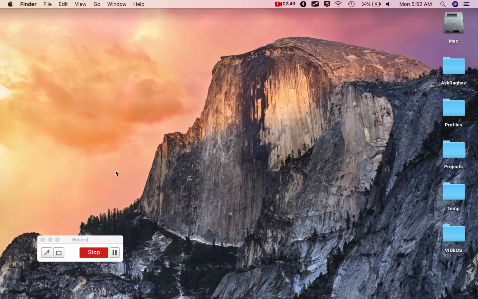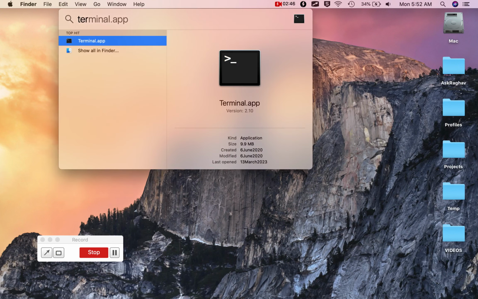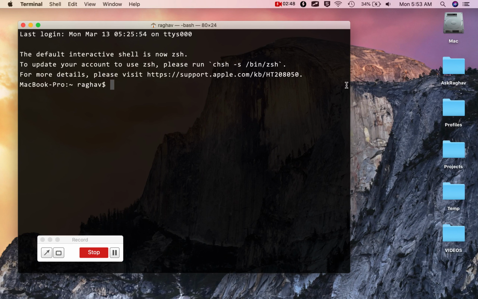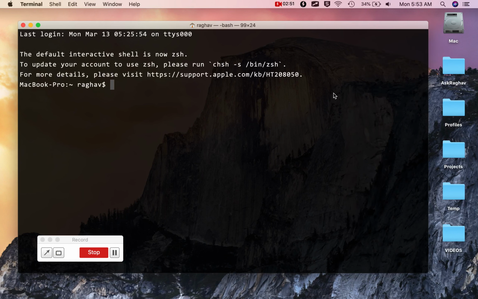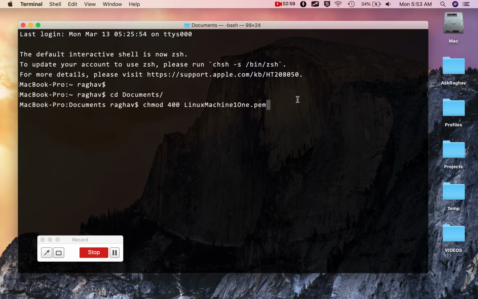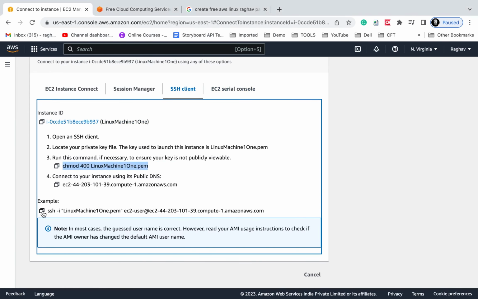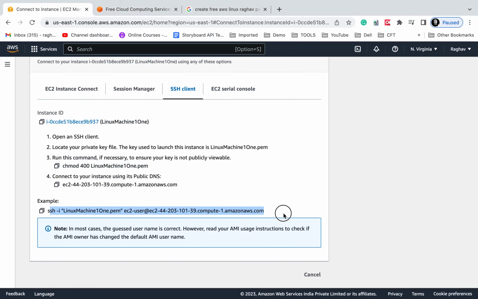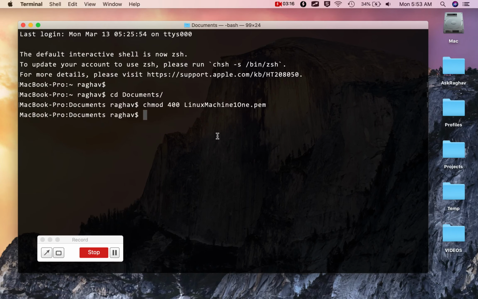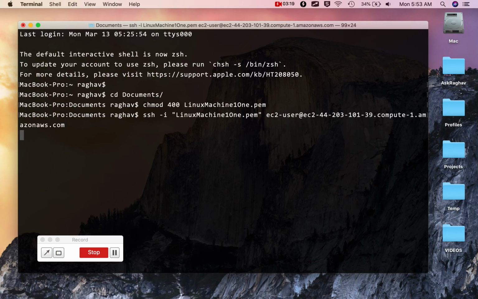Now I am on Mac as of now, so I will go to my terminal. If you're on Windows, you can use a tool like PuTTY, which I have shown in that video. So here I will first go to my documents folder because my key is there in the documents folder, and then I will change the permissions for the key, which is Linux machine 1.pem, the name I had given while creating this key. So I have changed the permission, and now to connect I just have to SSH to that system. I can just copy this